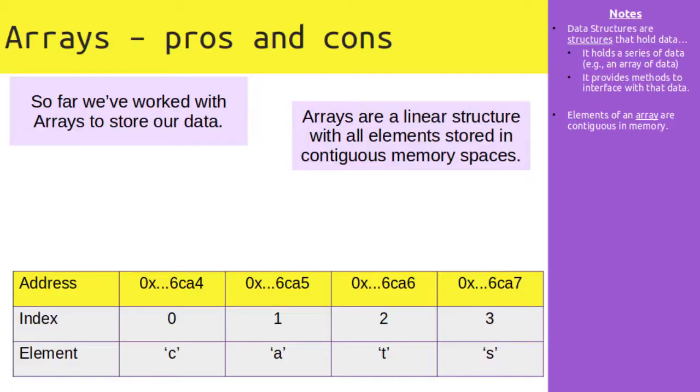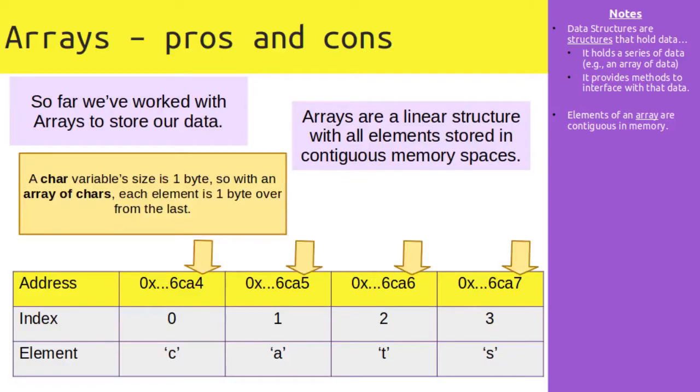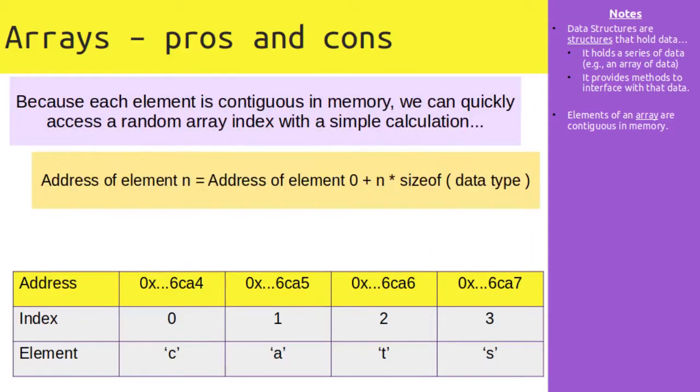So far, we've worked with arrays to store our data. Arrays are a linear structure with all elements stored in contiguous memory spaces. For example, a char variable size is 1 byte, so with an array of chars, each element is 1 byte over from the last. Because each element is contiguous in memory, we can quickly access a random array index with